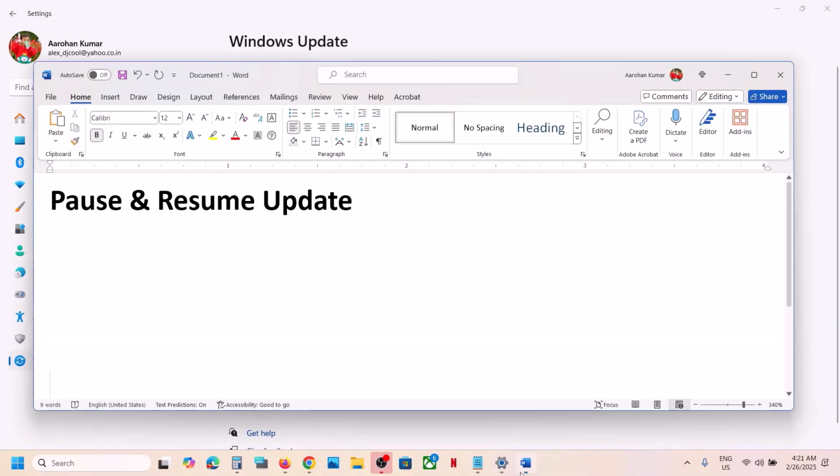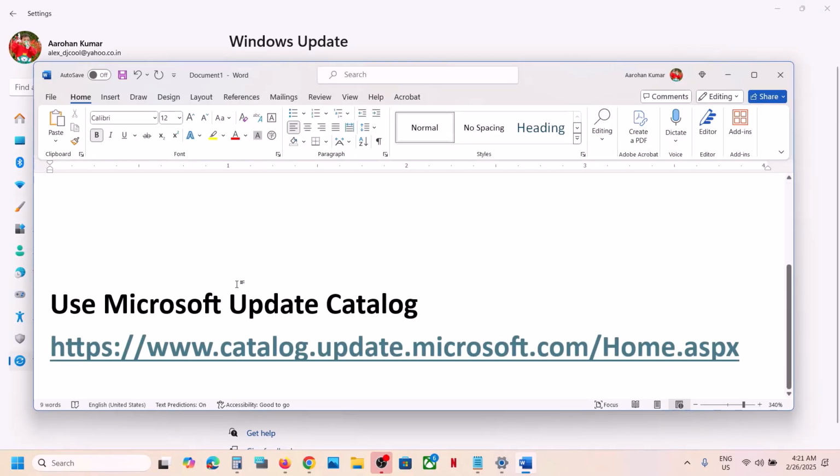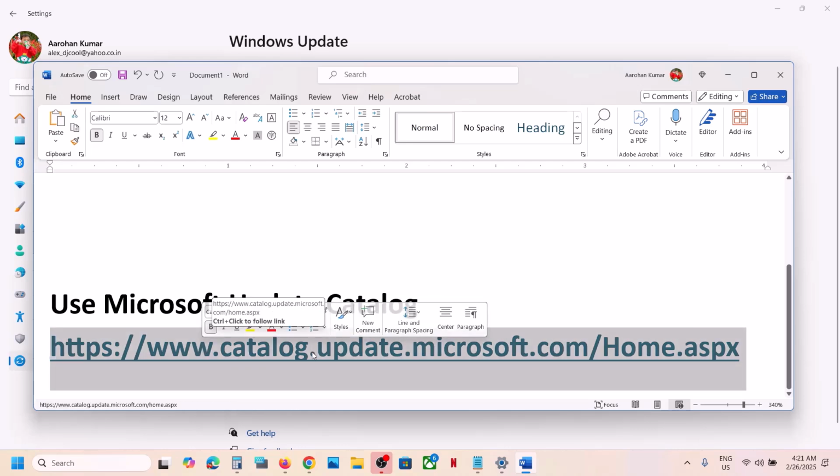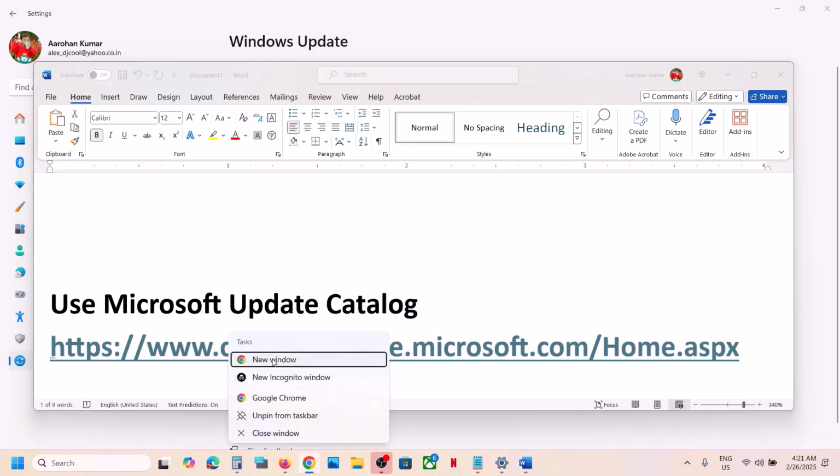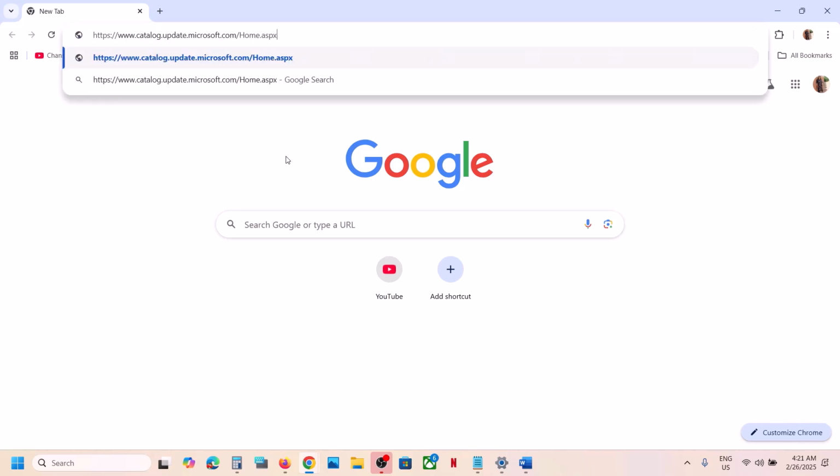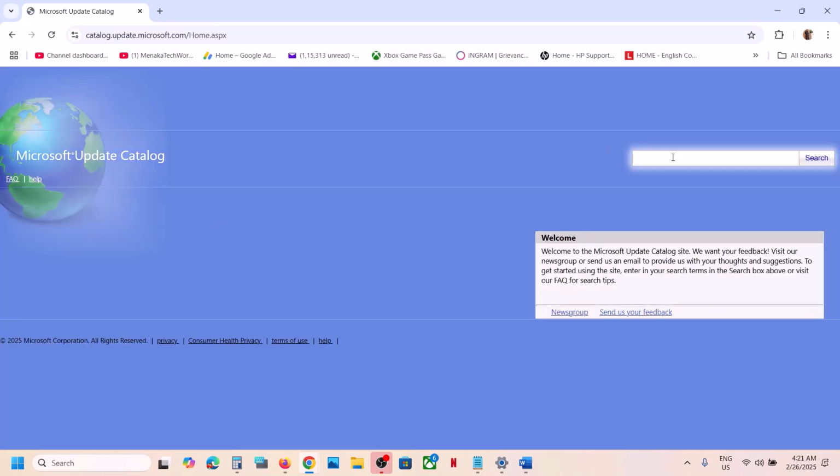Now the next step is to use Microsoft Update Catalog. For this, copy this link. The link is provided in the video description. Open this link in a browser. It will take you to the Microsoft website. On this website, write down the name of the update, that is